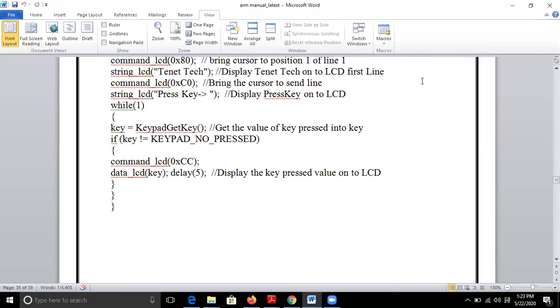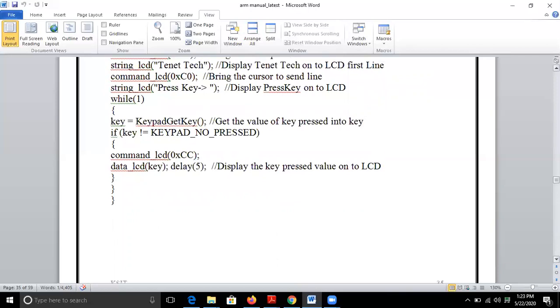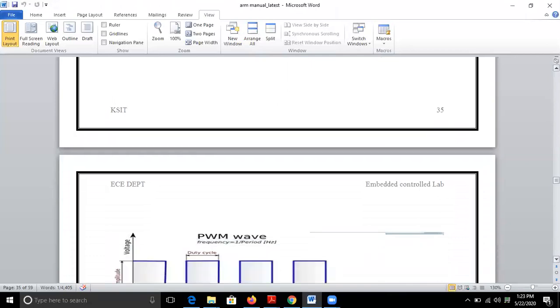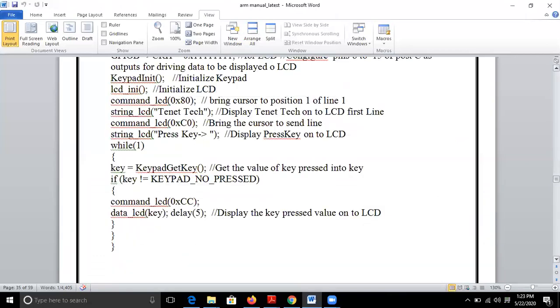Then you provide some delay of 5. So this will provide some delay. That ends the program to identify the key pressed by the user and display the value of the key that is pressed onto the LCD.